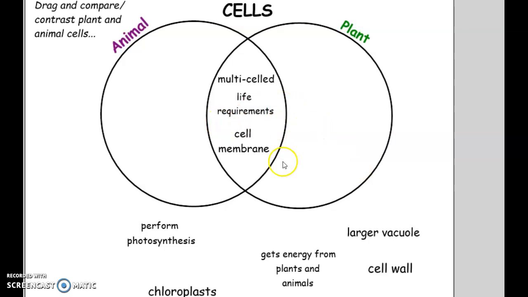But then we have some differences. So, for example, we know that the plant cell has a larger vacuole, where the animal cell has several smaller ones. In fact, they say 90% of the plant cell is taken up by the larger vacuole, which makes sense because it needs a lot of water. We know that only the plant cell has that more rigid cell wall. So think about that when you're creating your